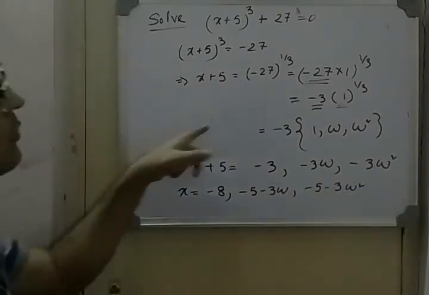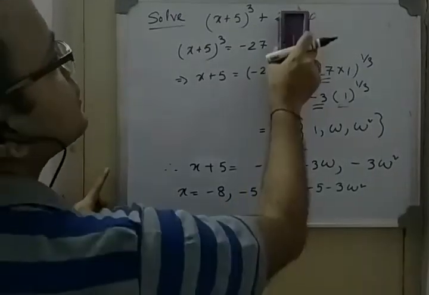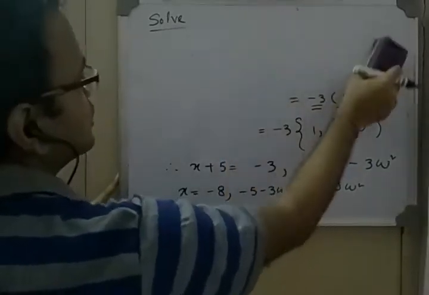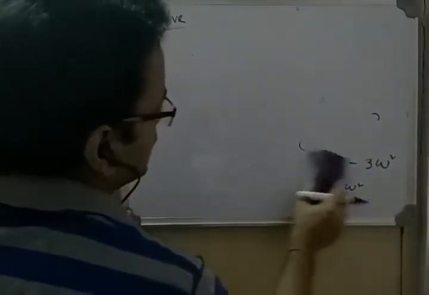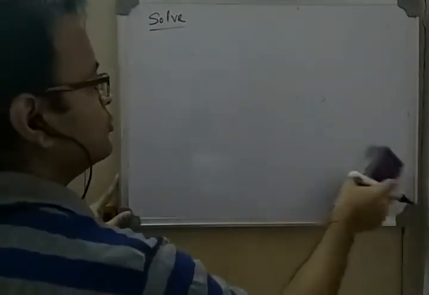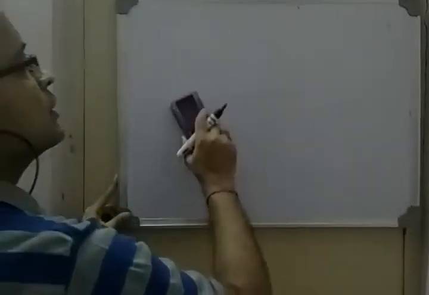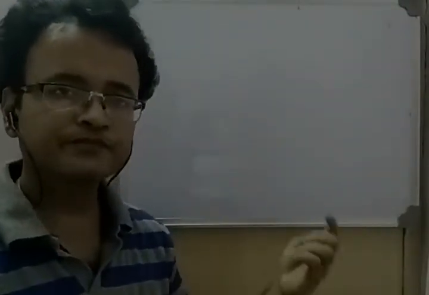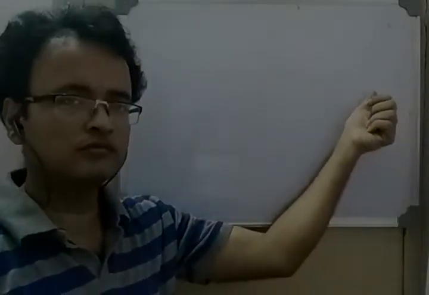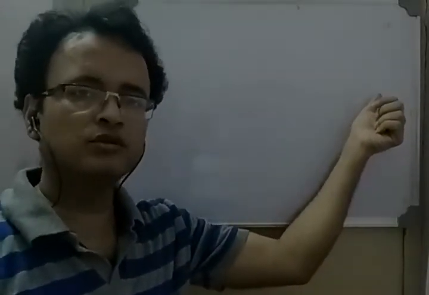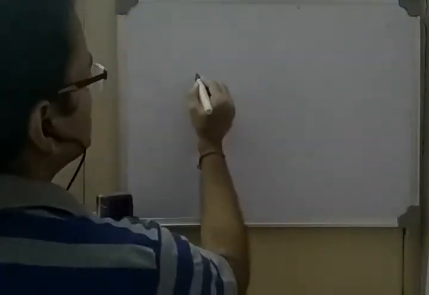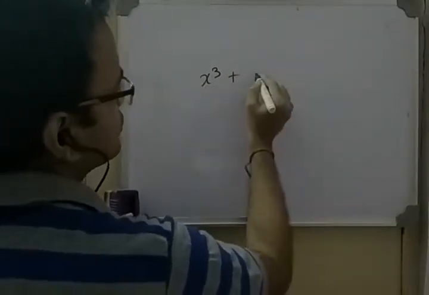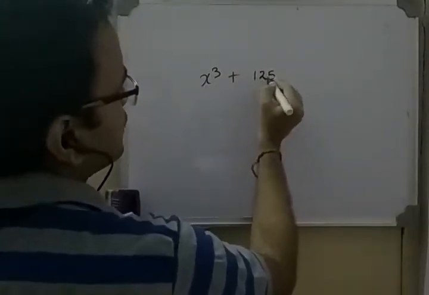Okay, so just remember this trick, because somewhere in the exam, if they give this type of question, don't just give one root, you have to give 3 roots, and for that you have to break the right side into either 1 to the power 1/3 or minus 1 to the power 1/3 in some form, so that for that cube root of 1 you have the values readily available to you as 1, omega, omega square. Suppose anyone gives me x cube plus 125, I know it is 5 cube.